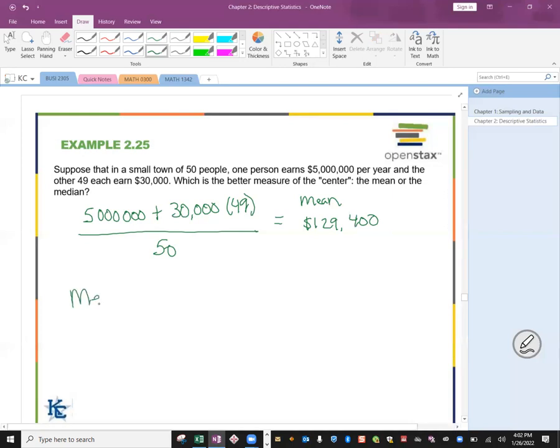But we know that our median here is going to be 30,000. And that's an excellent measure of center in this case, because the majority of the people in this town make $30,000. So we would say that the answer would be the median, because the mean